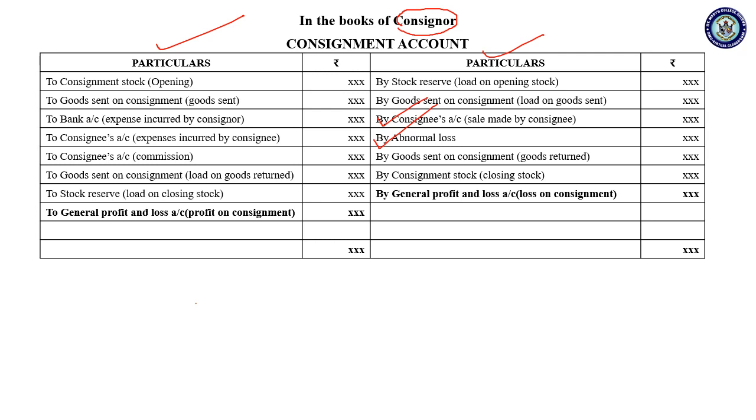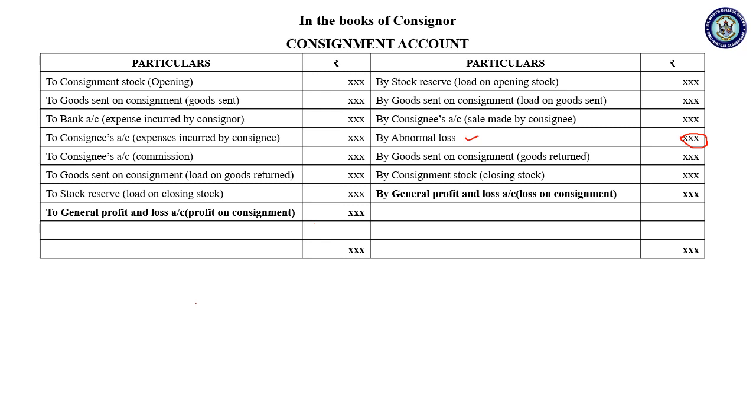The other expenses incurred for the work, or the loss that is due to the value of the goods, is not negligence. But the abnormal loss is because of negligence. You could have controlled these expenses, these amounts, but it was not controlled, so you have to bear the loss. So it goes on the credit side. And one more explanation: on abnormal loss some work will be done, so it is credited.